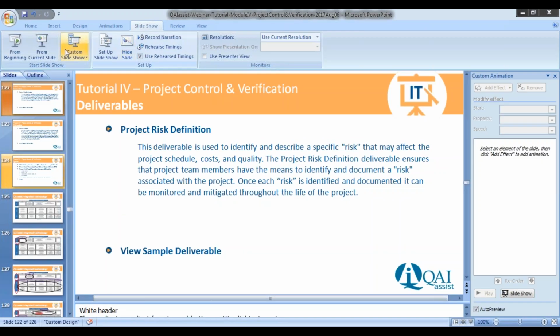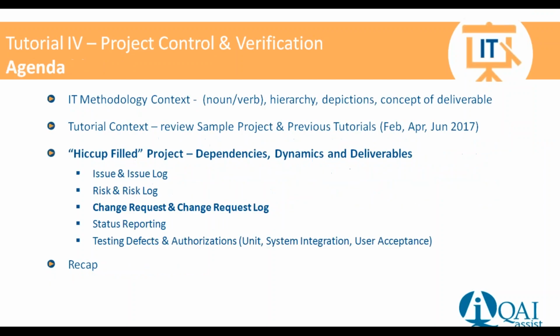Okay, that then gets us to the change request and change log. We're going to have changes as we go through. As we go through defining our requirements, or as we go through testing our functionality, there is probably going to be alterations in the functionality that we thought was right or should be right. So we're going to have to keep track of any changes that have been introduced to the original definition of the requirements.